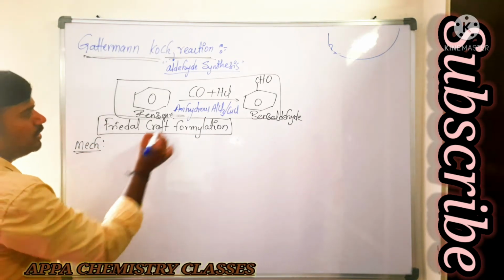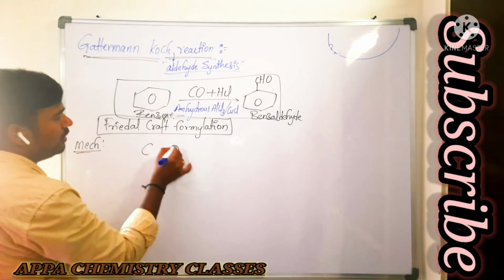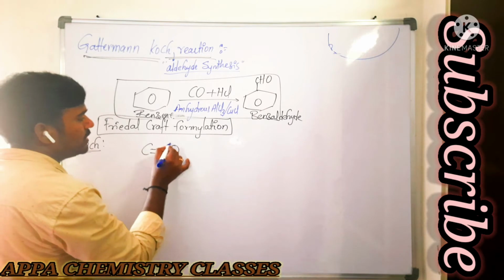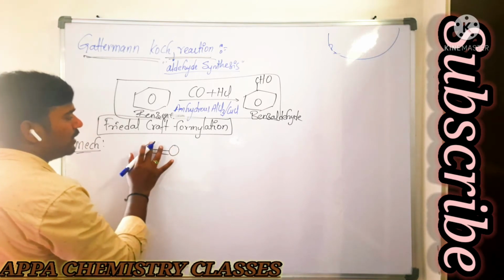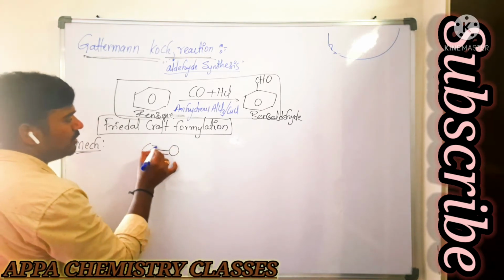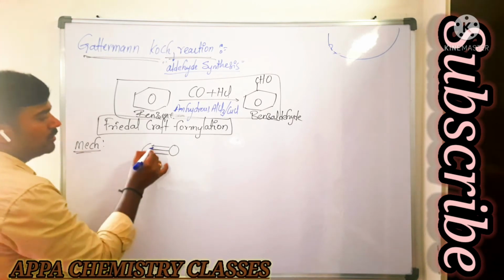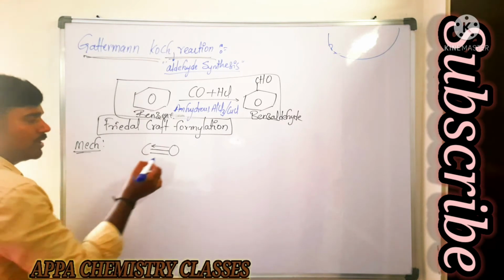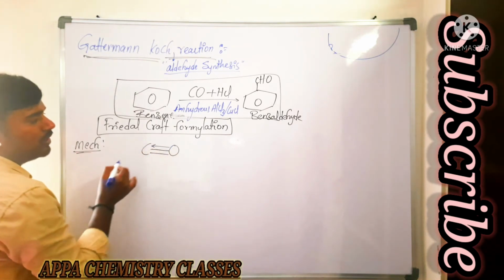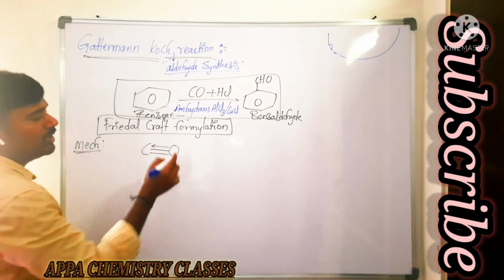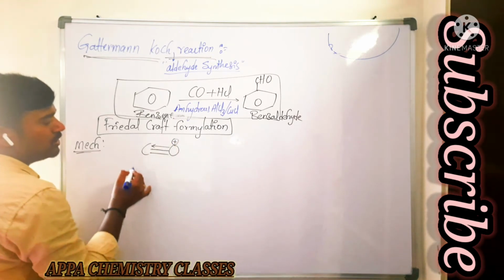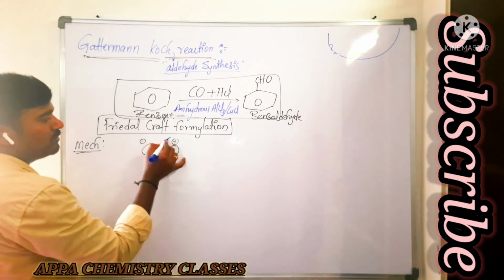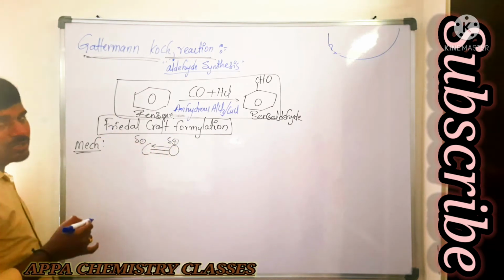Actually what happens? This is carbon monoxide. Now in between the carbon and oxygen we have the two bonds. This oxygen contains one pair of electrons which is donated to this carbon in the form of a dative bond. The dative bond will be from oxygen to carbon. So then what happens? It is donating the pair of electrons because this oxygen is losing the electron, so it gets the positive charge. This carbon gets the negative charge. Partial positive and partial negative charge they are having.